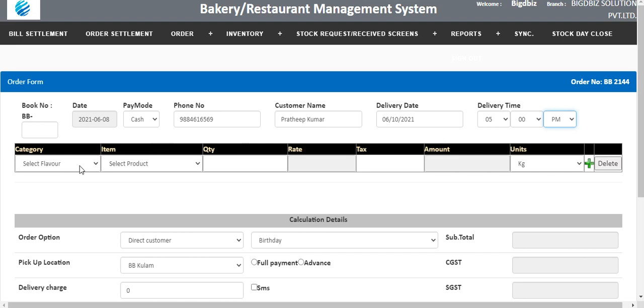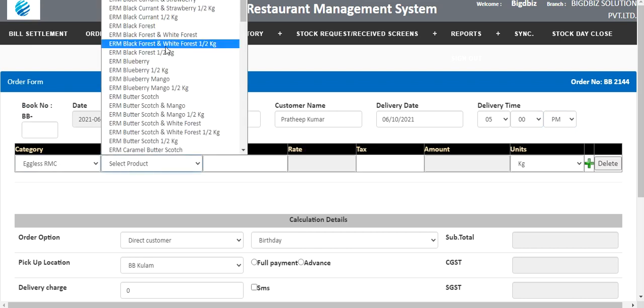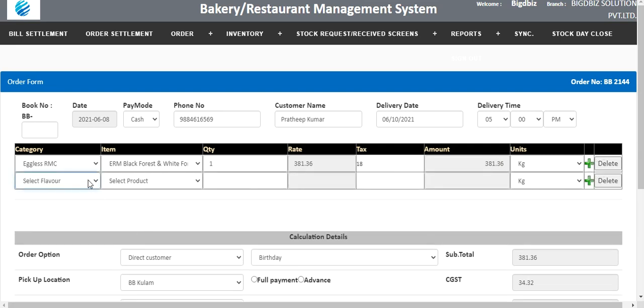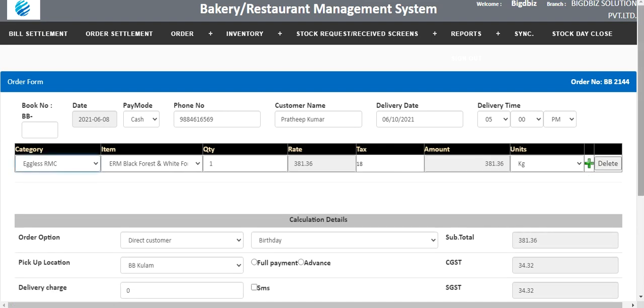And after that, we have created the products. These are available in the product master. We have to create the category and select the product out of that. So what is the quantity? So 1 kg, so 1, and the unit of measurement is kg. You can change it to any one. Once you complete, you can see the rate and the tax amount. You can see the total amount. If you want to add another product, there is a plus button here. You can add another product also. Otherwise, if you don't need it, you can delete this one and clear it.